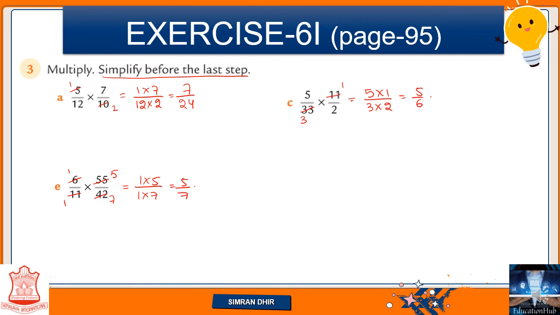I hope this is clear to you. Let's see one more part, that is G part. G part is 3 by 4 into 4 by 3. We can clearly see 3 comes in the table of 3 and 4 comes in the table of 4. So 3 1s are 3, 3 1s are 3, 4 1 times is 4 and 4 1 times is 4. So now what are we left with? We are left with 1 into 1 divided by 1 into 1. So it will be 1 upon 1, that we can write as 1. So 1 is our answer. I hope this is clear to you.